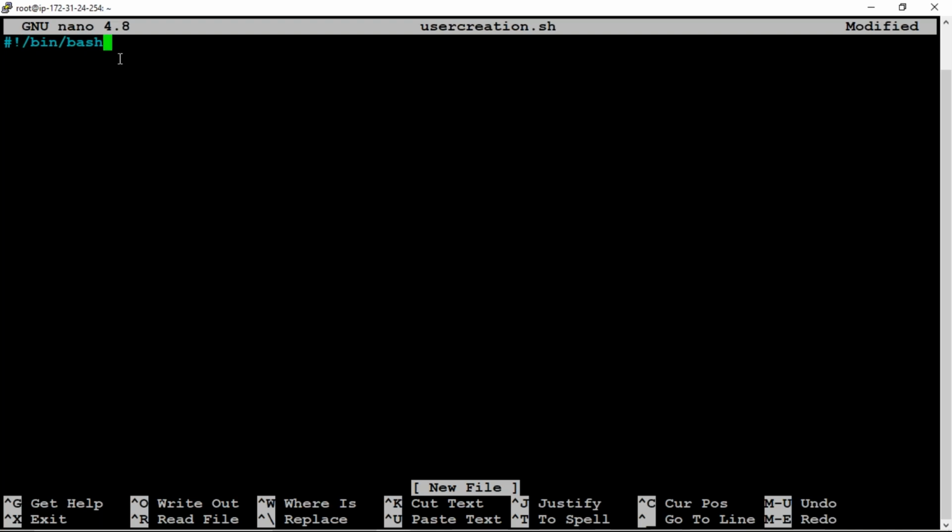Okay, and the next line. Here I want to create a username. This time I'm using a debugging method, set -xe. I'm just giving it like that.